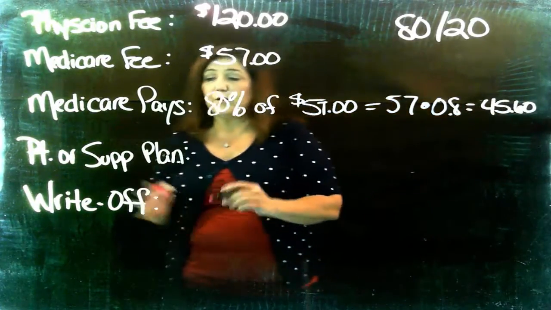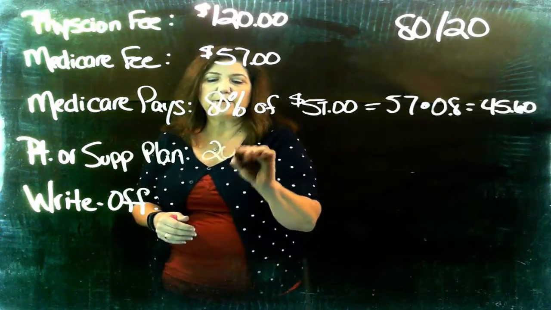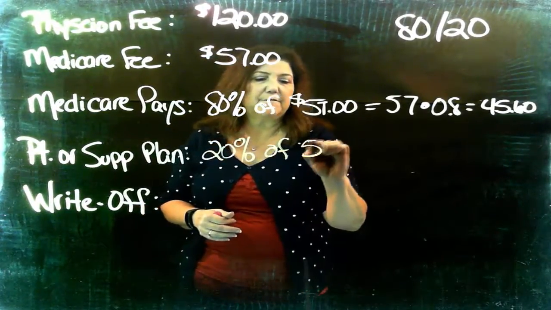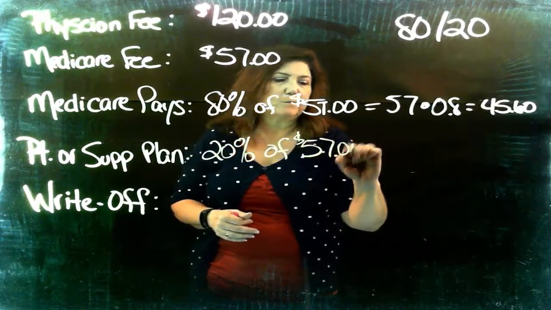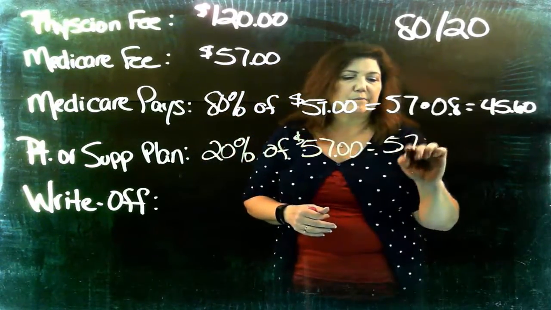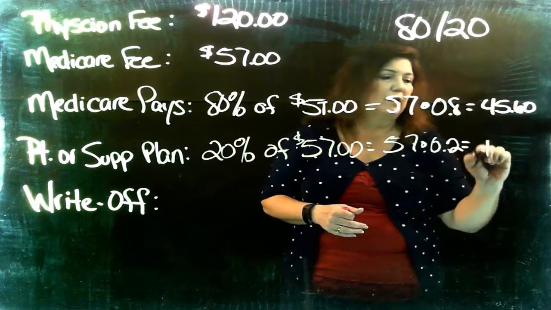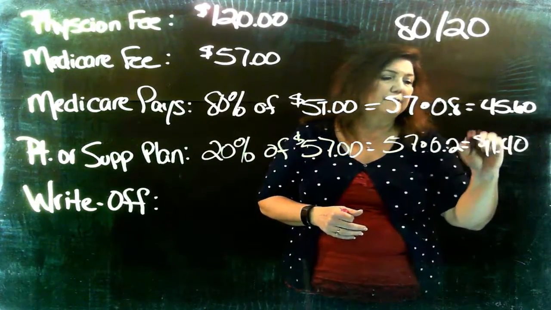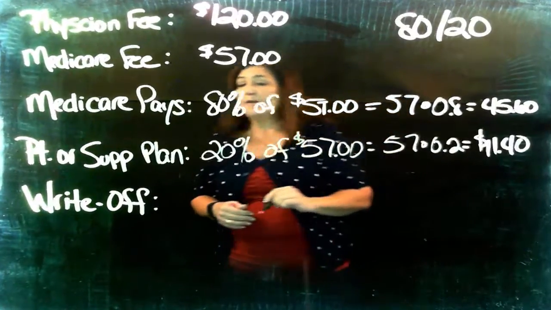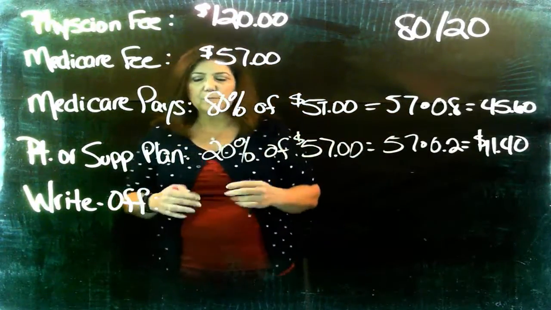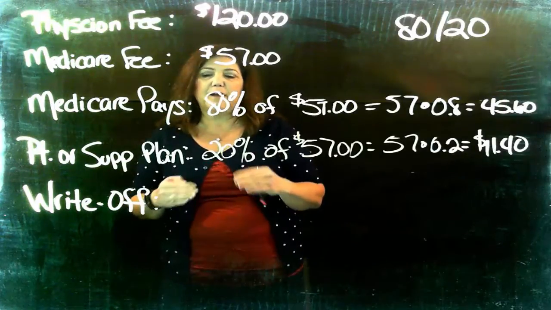Now the patient, or their supplemental plan, is going to pay 20% of that same $57. And that's going to give me $11.40. So we still have to, the physician, even though he's a non-participating provider, he still has to write off